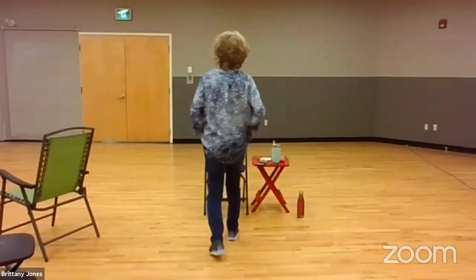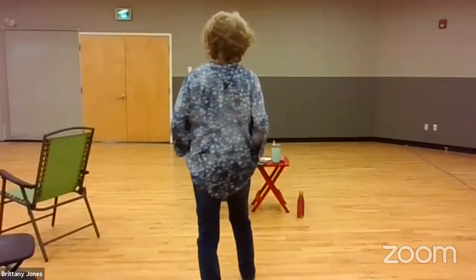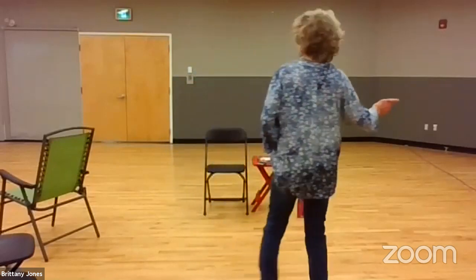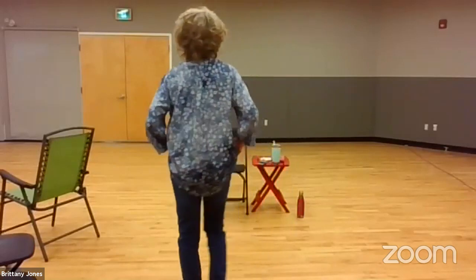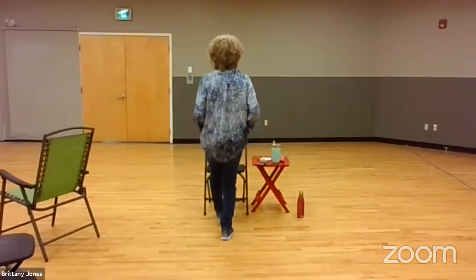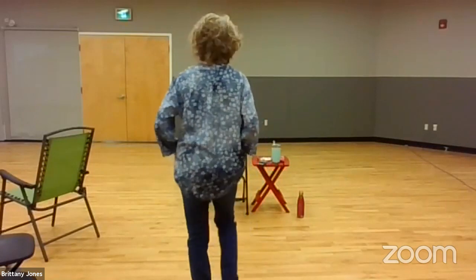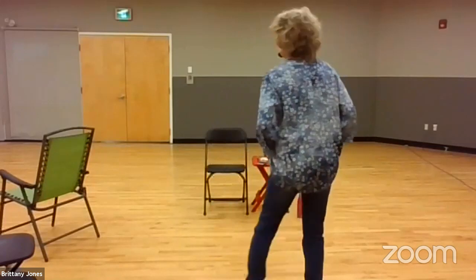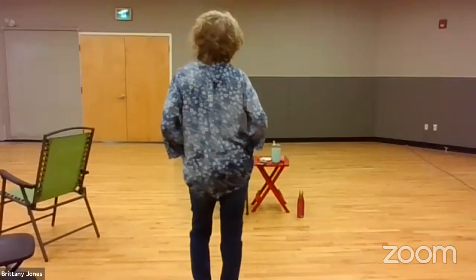Right, left, right, hip, back, back, back. Forward touch, back touch, forward touch, back touch, right together, right touch, left together, left touch, right touch, left touch, hip, hip, hip, hip, right, left, right. Forward touch, back touch, forward touch, back touch, side together, side, left together, left, right touch, left touch, hip, hip,